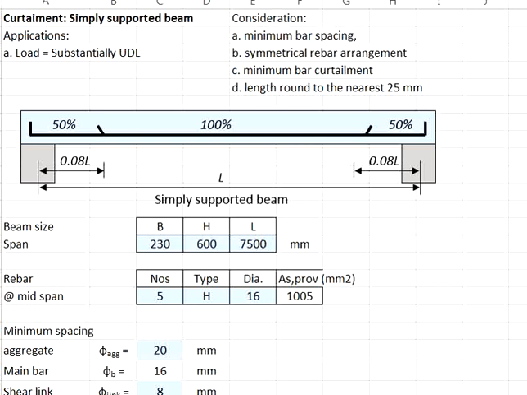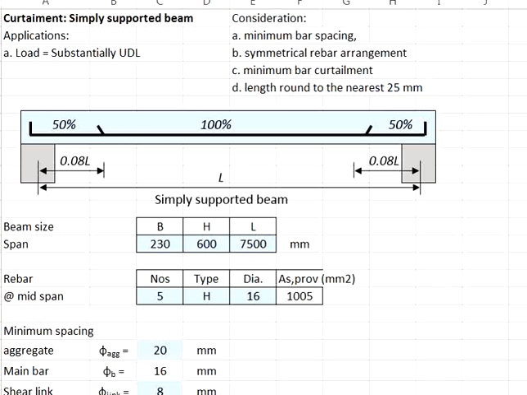And in order to work out the final detailing of the reinforcement, we will take into consideration the minimum bar spacing, allowing good compaction of concrete as well as good bond with the reinforcement, having the reinforcement symmetrically arranged over the cross section, following typical industrial practices, fulfilling the requirements of the curtailment, and also rounding the dimensions to the nearest 25 mm for easy conversion between SI units and imperial units, knowing that 25 mm